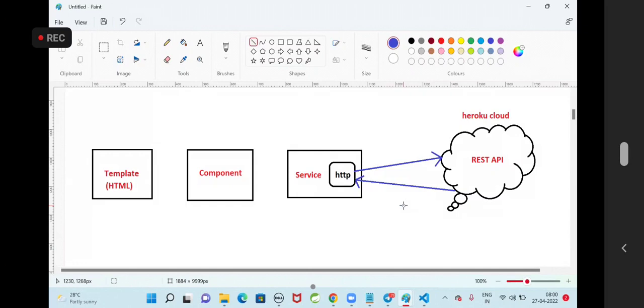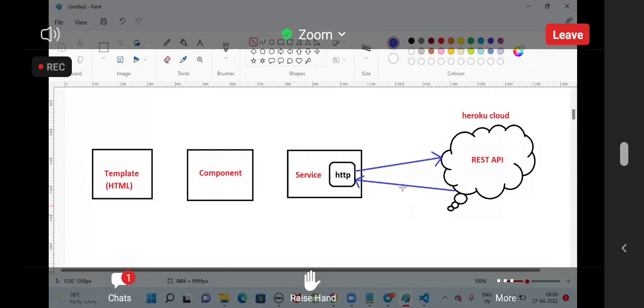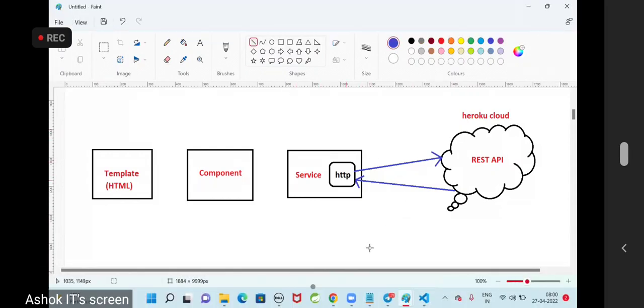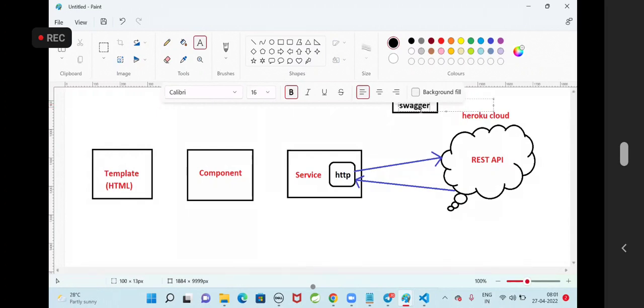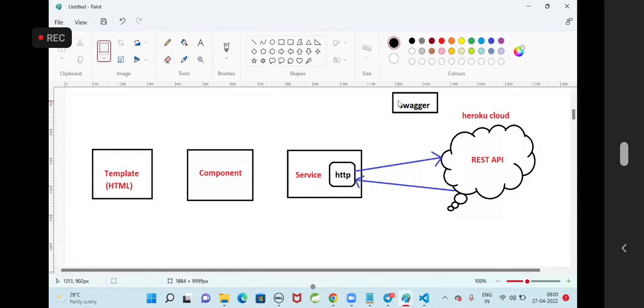Business logic will be available in the Angular service. Inside the service we are using HTTP client in order to access the backend REST API. Do we know the backend REST API details? We know them because they provided the information by using Swagger. So with the help of Swagger,